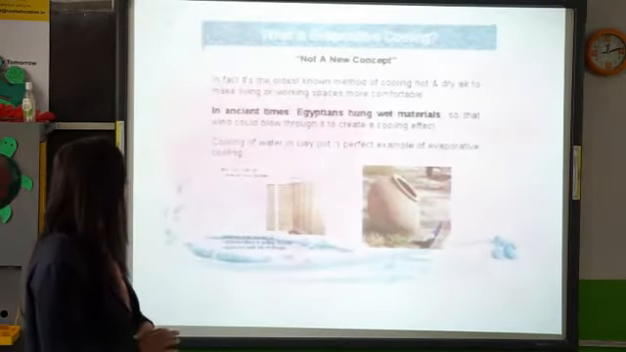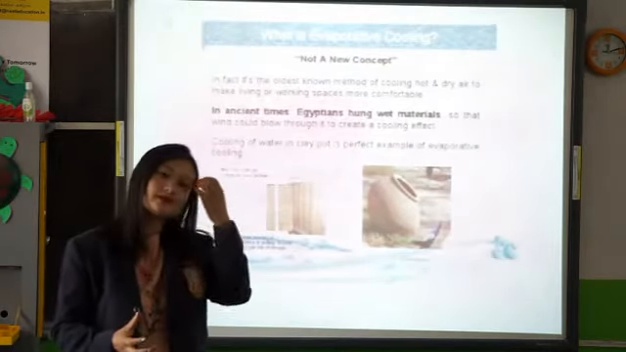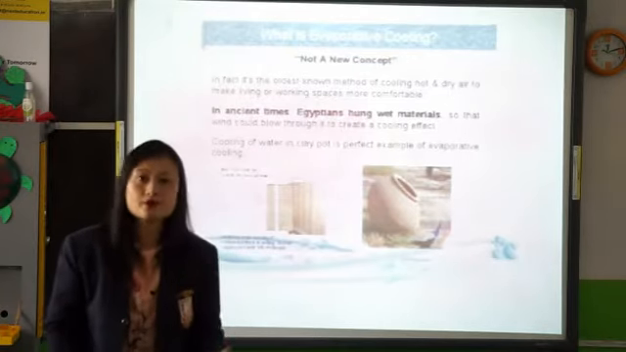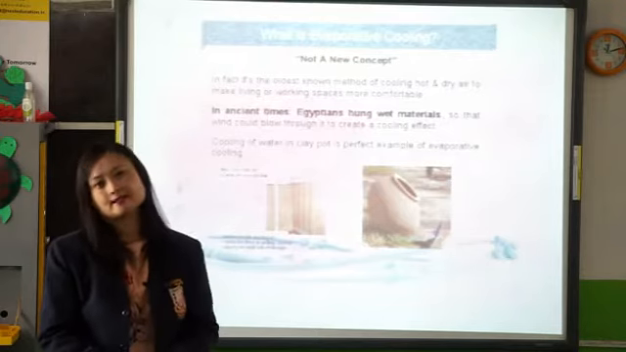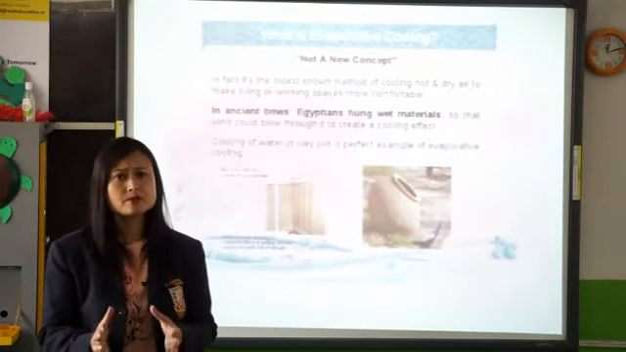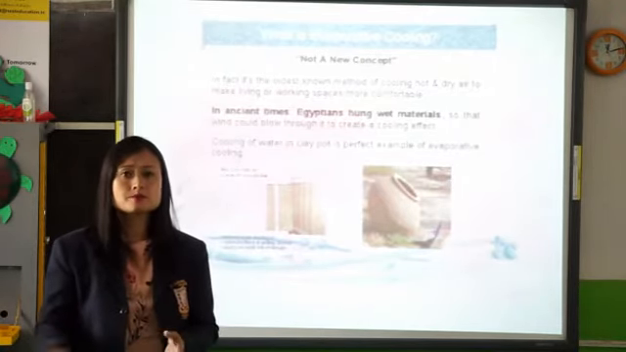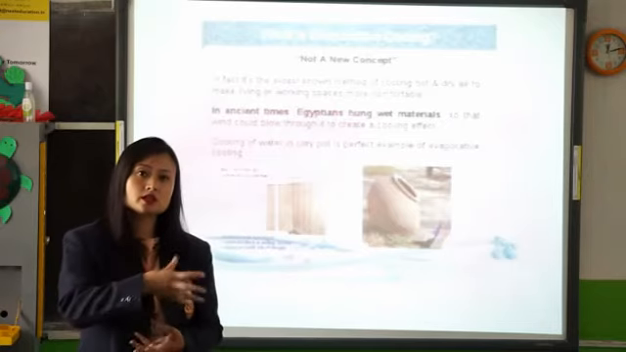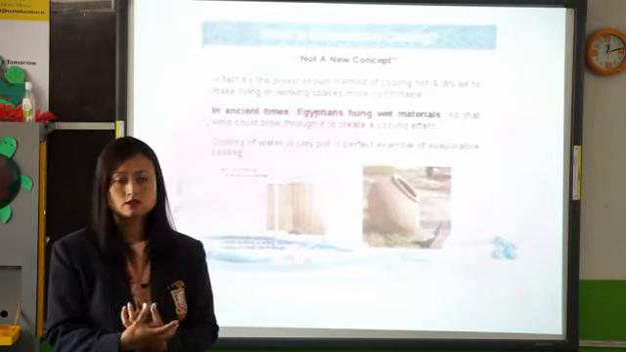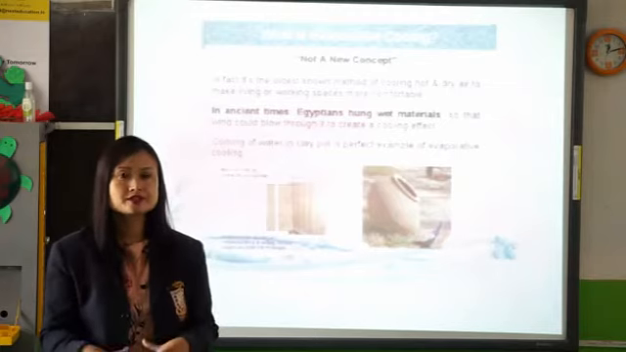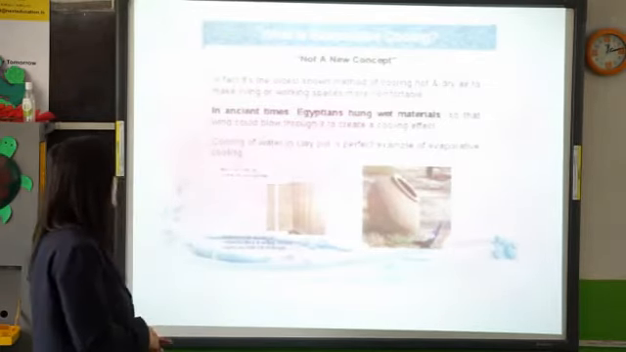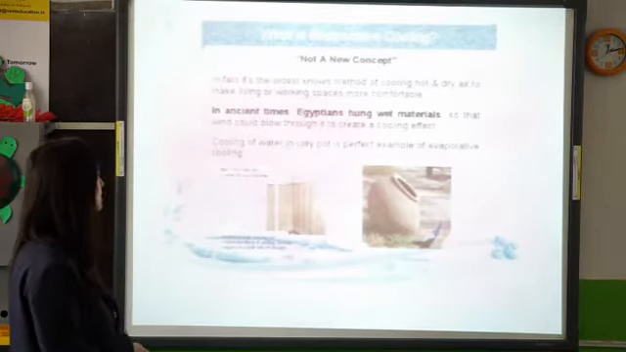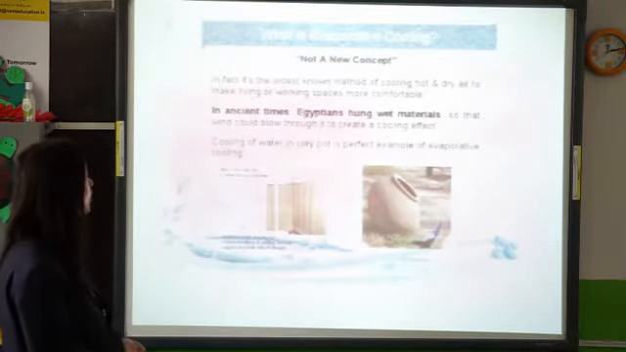Now we will be discussing some examples of how evaporation causes cooling. As I told you, during evaporation, heat is absorbed from the surrounding. So when the surrounding loses heat, its temperature decreases, which means it causes cooling. Now in fact, it's the oldest known method of cooling hot and dry air to make living or walking spaces